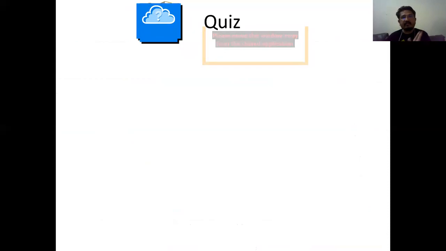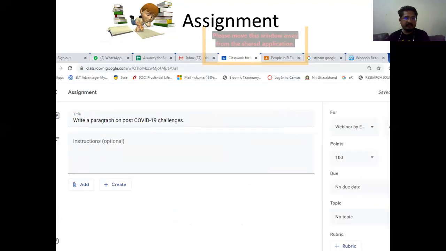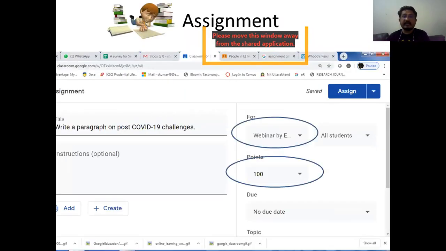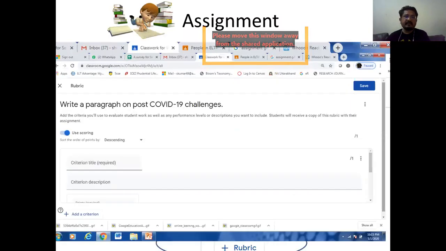Then once we have created our assignment, now the second option is quiz. I think you all know. If I go back, you will see this assignment and quiz. These two things are different. In assignment, a student can take their own time leisurely. He can submit anytime, he can write anytime because it takes time. But in quiz, they have to submit immediately.